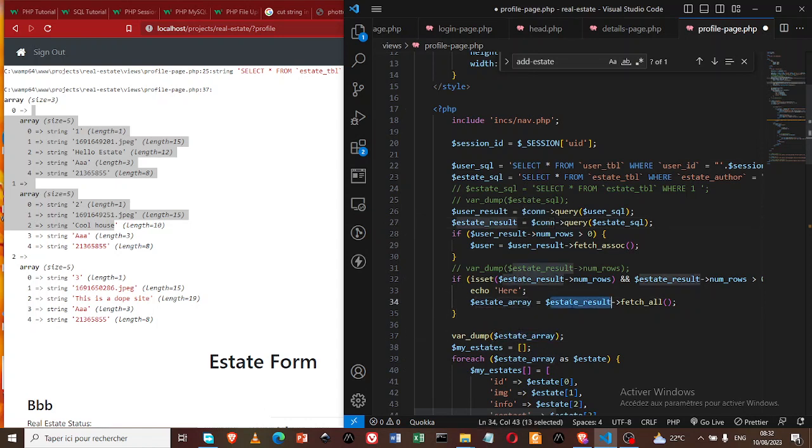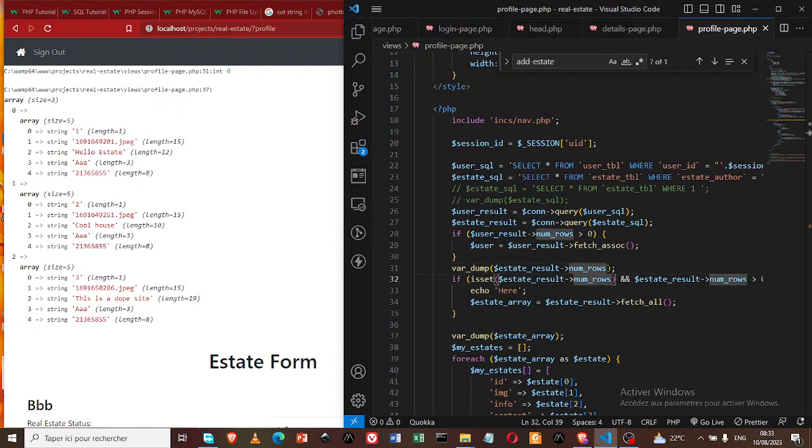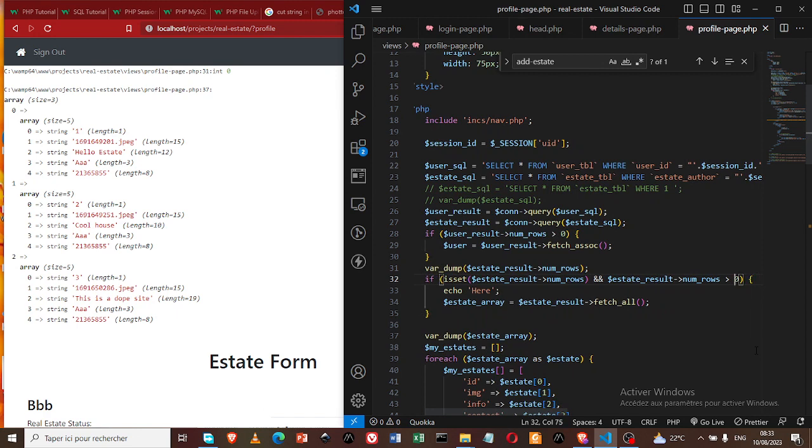It says estate results. Estate result here has told us that it's null. Yeah, it's equal to 0. Estate results equal to 0. And here estate results equal to 0. So if it's equal to 0, you won't run in here, and you will simply give us 0. So say if estate result is set and it's greater than 0,